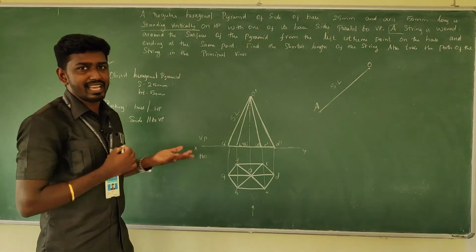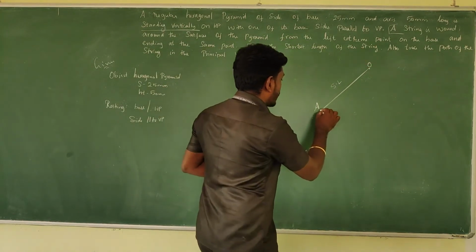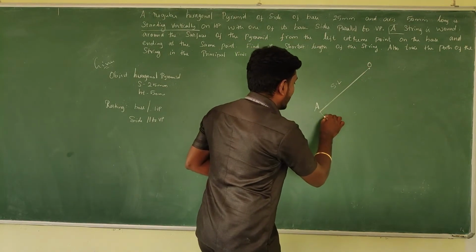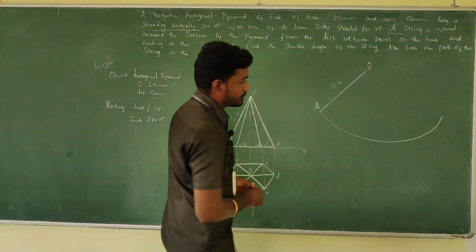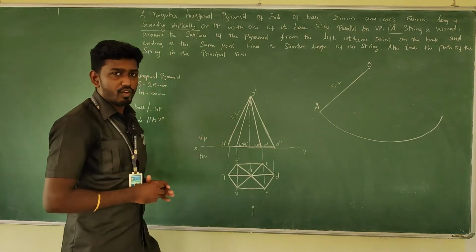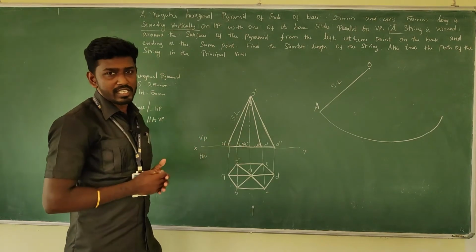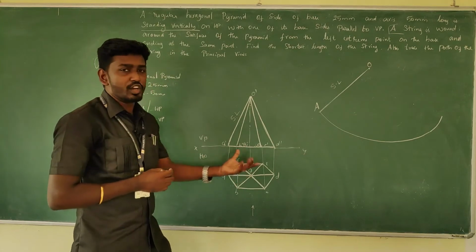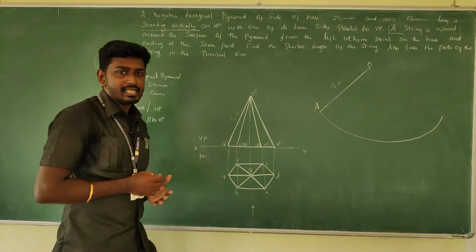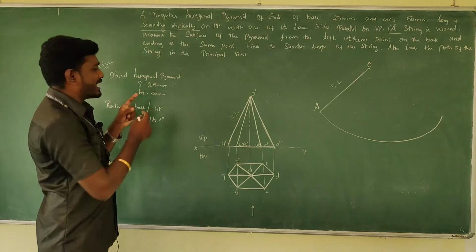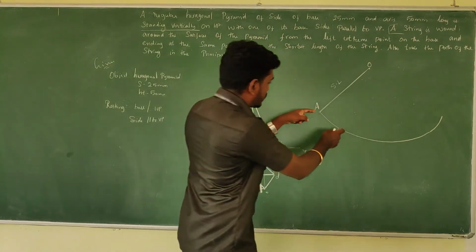What is next? With the help of the slant length measurement, keeping the compass at O, and with the SL length as radius, go for an arc, so that the arc will be forming something like this. How will you do the procedure next? We know each triangular face will have which length? The edge length. Am I right? So take 25 mm in your compass. By taking the reference from the top view, you can take it, and make a cut.